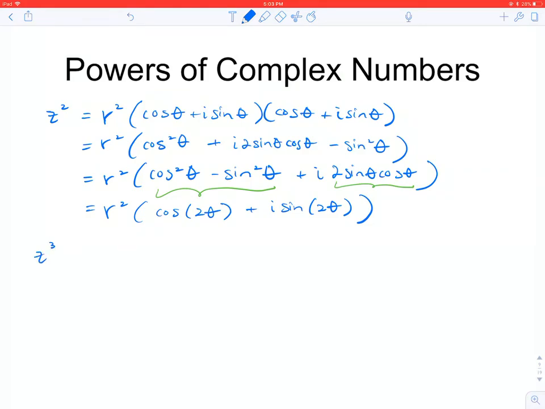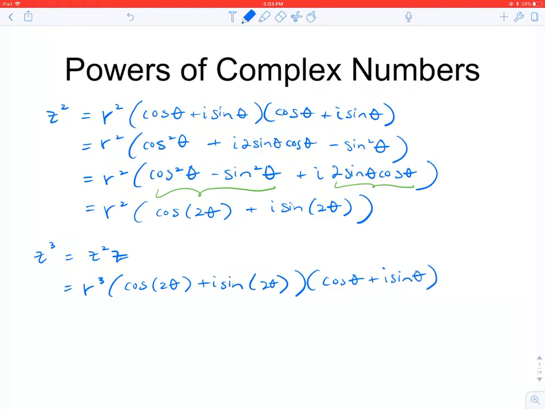Okay, so z squared is r squared times cosine 2 theta plus i sine 2 theta. Now if we wanted to find z cubed, that's going to be the same as z squared times z. So we'll have r cubed, because r squared times r is r cubed, and then we'll have the rest, cosine 2 theta plus i sine 2 theta